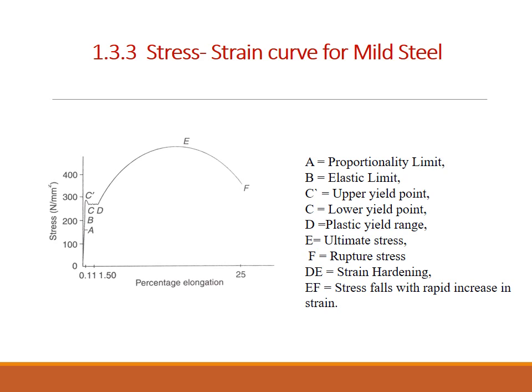The magnitude of stress corresponding to the upper yield point C' depends on the cross-sectional shape of the specimen and the type of equipment used to perform the test. In many of the structural steel hot rolled sections, the upper yield point is not obtained due to residual stresses from the hot rolling process. Hence, it has no practical significance.